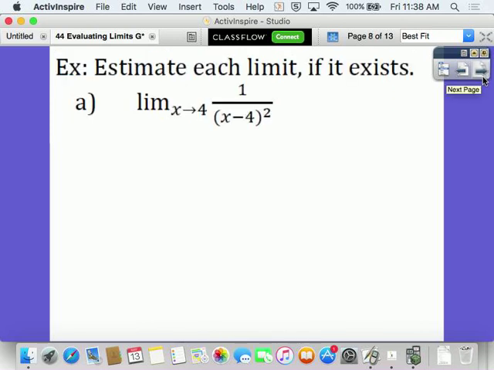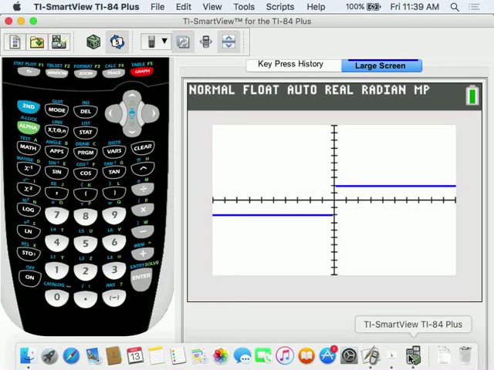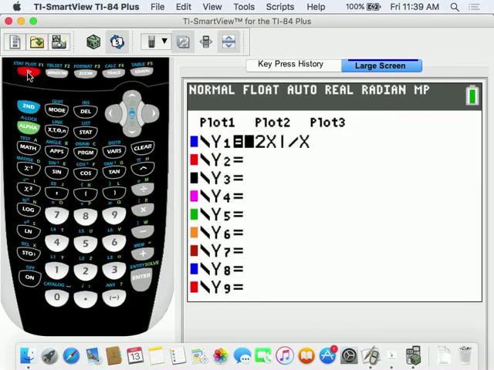So what I want you to do is find the limit of the next couple of examples. Look at the graph or use the table to try to figure out what your limit is, if it exists. Okay? And actually, I'll do this first one with you. I'm going to look at the graph because I have the option. If you don't have this option,